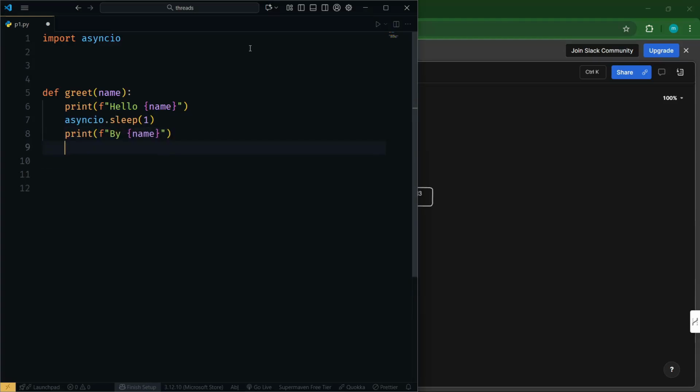Whatever, a simple function, right? But in this case, to sleep, I have used asyncio. Just before going to async, the main logic, I'll take a simple example. And if you have to call this function 3 times,